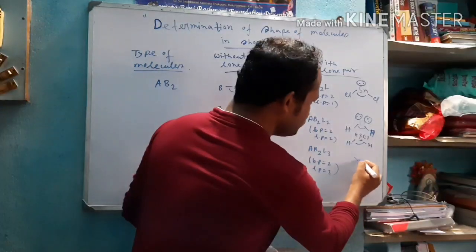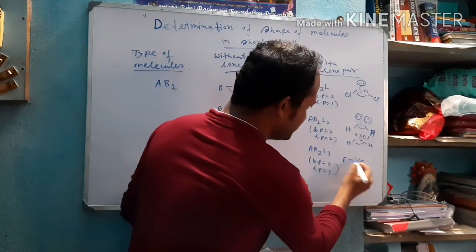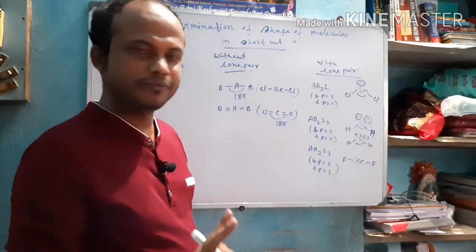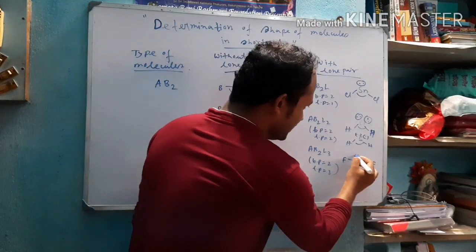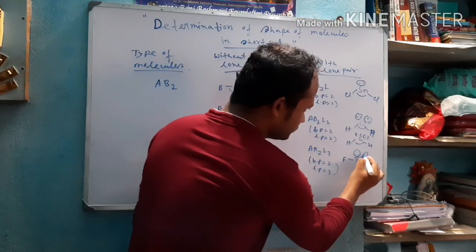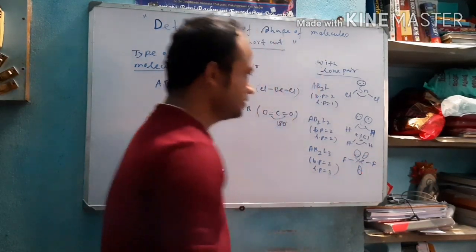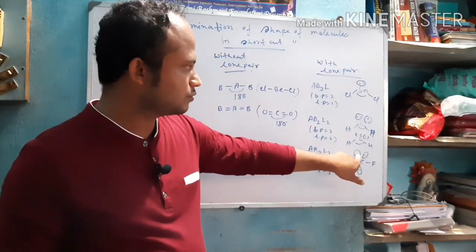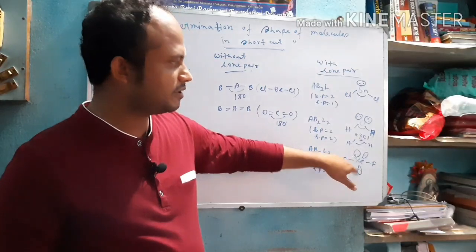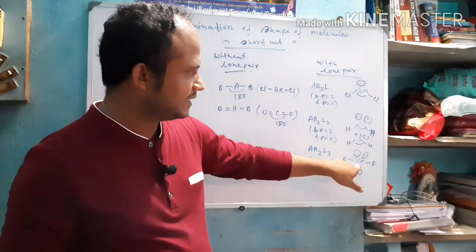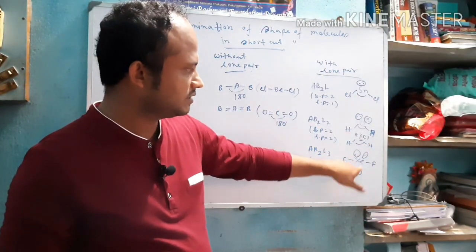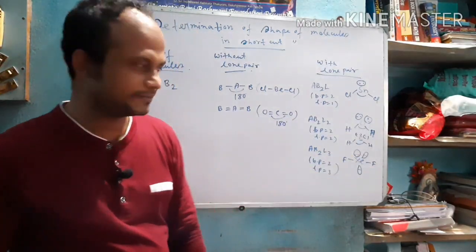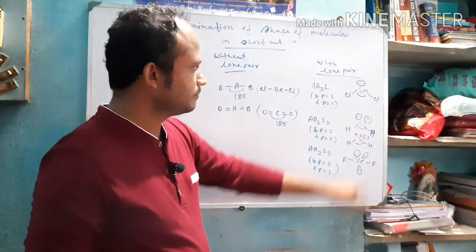So this will be XeF2 with 3 lone pairs of electrons. Here is this and also this. It is also a linear structure because the lone pairs repel each other and lone pair and bond pair also repel each other. Here the bottom one is a lone pair and the structure will be linear, but this is angular.